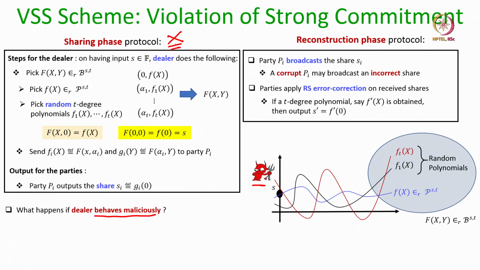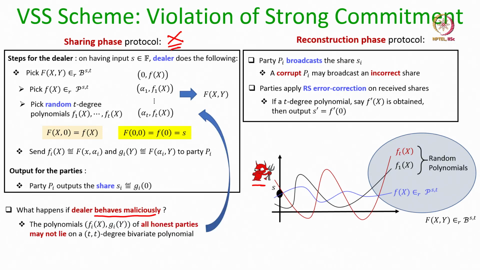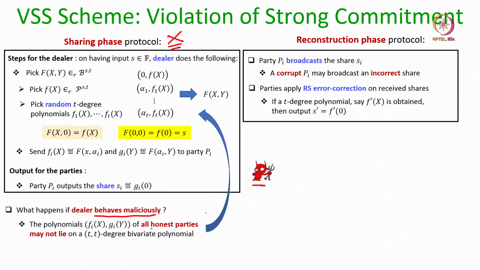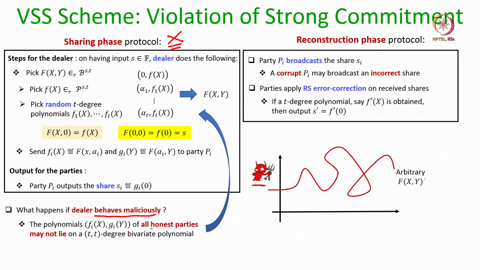What exactly is the protocol instruction? He is supposed to pick a t degree bivariate polynomial with the secret being the constant term and distribute univariate polynomials on that bivariate polynomial to all the parties, but he may not do that, in which case the row and column polynomials of the honest parties may not be consistent, in the sense that they may not lie on a t degree bivariate polynomial. So, what the corrupt dealer can do is pick an arbitrary bivariate polynomial which may not have degree t in x and y